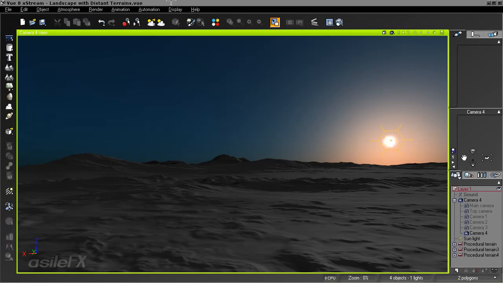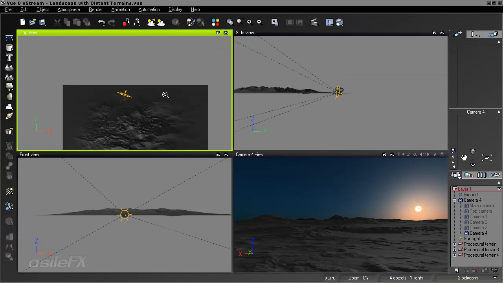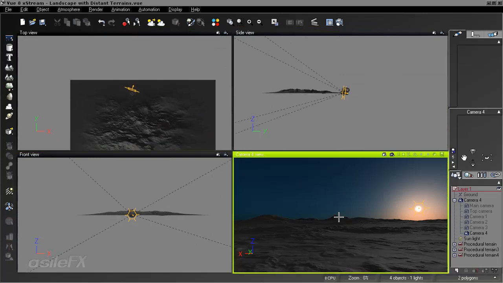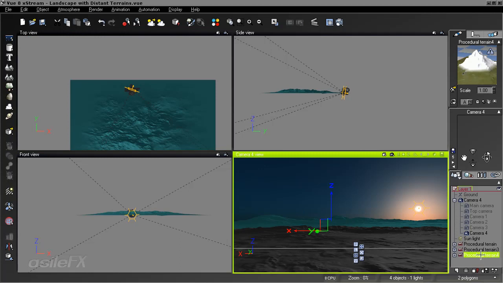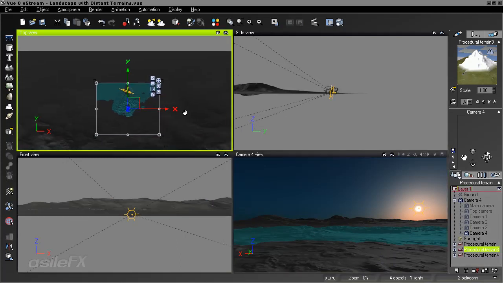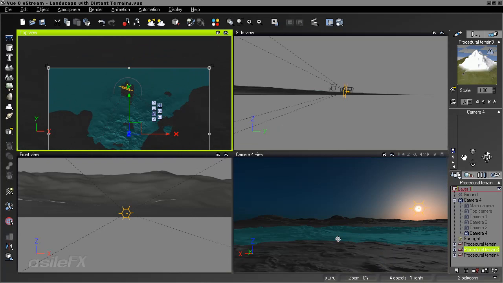Okay, we're now going to be creating a storm. Starting out with the scene that you can see I have loaded in. You can load this in with the content that is provided, and it's called Landscape with Distant Terrains. Now, this is currently set up with 3 procedural terrains, one extremely large one in the back, which is terrain number 4, and then a terrain that is much smaller than that for sort of the mid